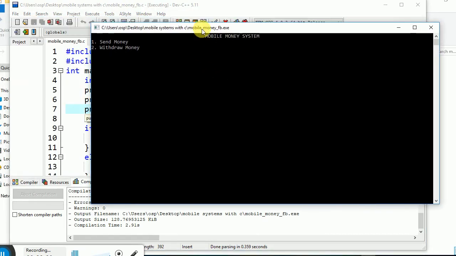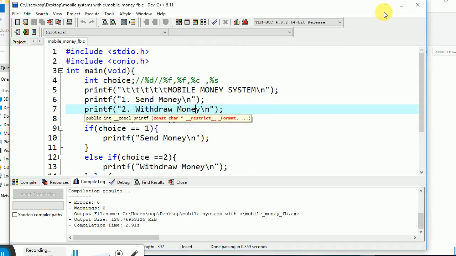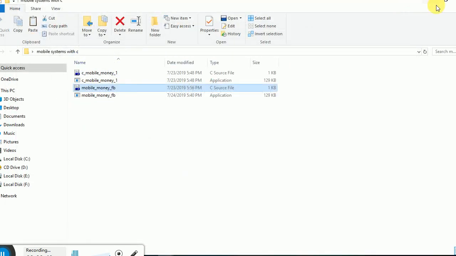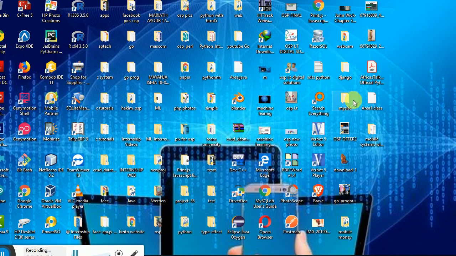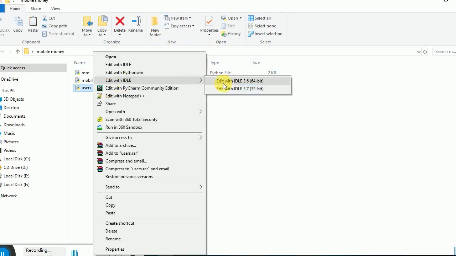So if you check this, what we have is option one takes us to mobile money. But now when it takes us to mobile money, we shall need to get something like this. If you guys check very well, we have something that we did in Python. If you remember very well what we did together in mobile money with Python. Let me just check here. So this is what we did in Python, mobile money.